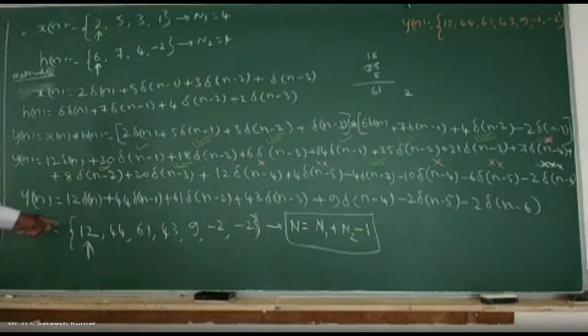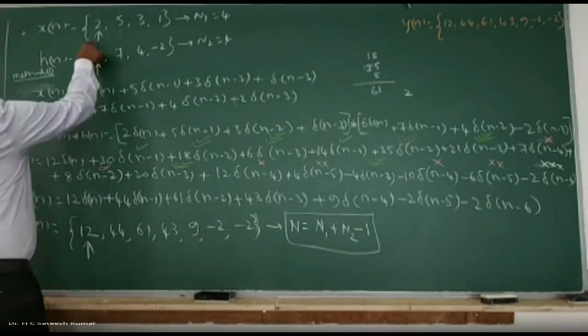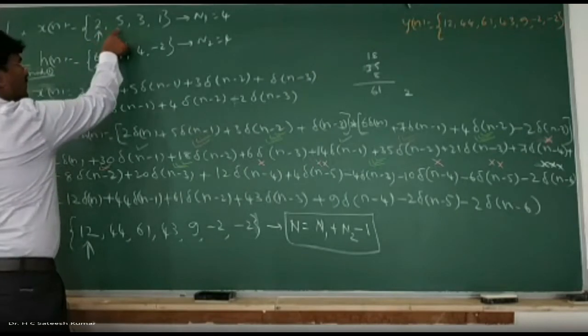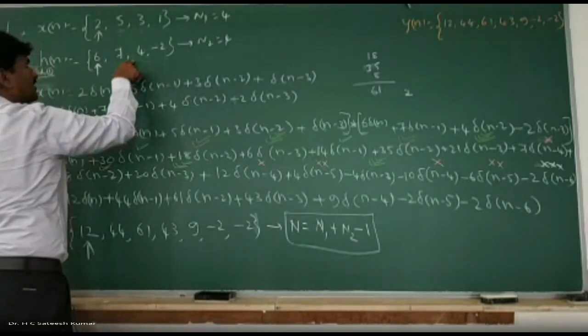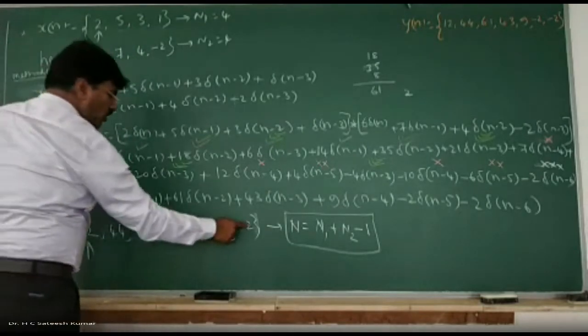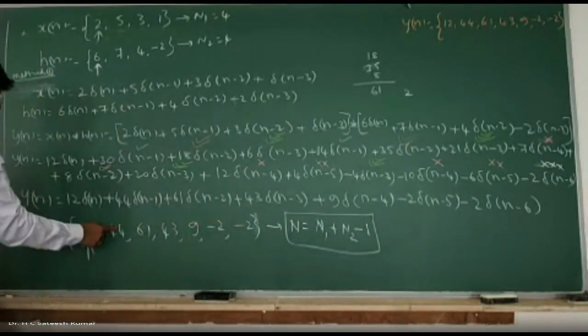One thing. Where should we put the arrow mark? Count the number of elements from 0. So how many elements are there? 3 elements are there on the right. 3 elements are there. 3 plus 3, leave 6 and put the arrow mark. 1, 2, 3, 4, 5, 6, leave, put the arrow mark.